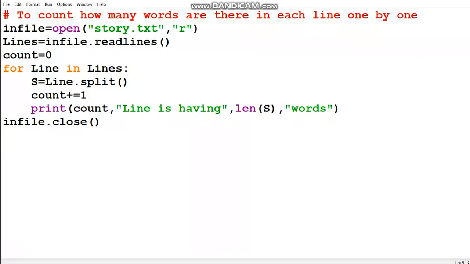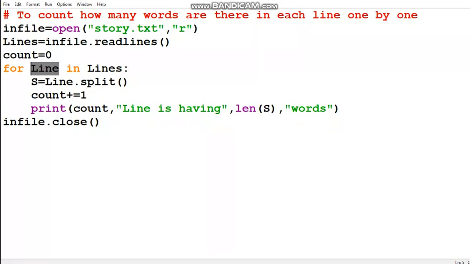Now I'll be running this. Split function, if you remember, split is a function applied to a string. So the first line will be fetched in the line variable as a string. Suppose there are 5 words in that line variable.